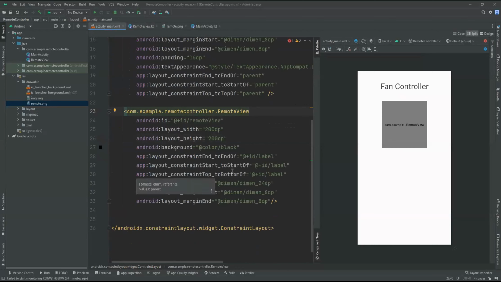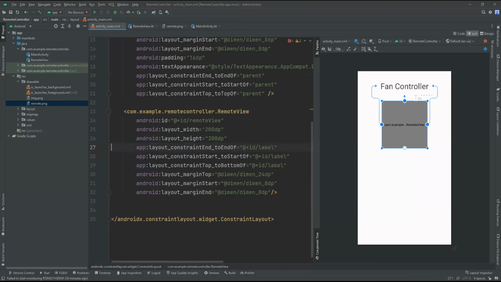So another thing we're now going to do is, I'm just going to take out this background. Every other thing we can just leave the way it is, right? So let's